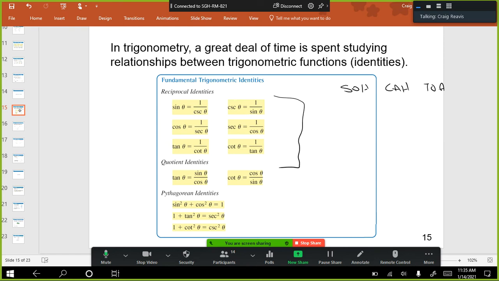Opposite comes from sine, adjacent comes from cosine. Notice sine over cosine is tangent. That means cotangent is equal to cosine over sine. And then some Pythagorean identities come from this, those right there, that we may get to and do some things with